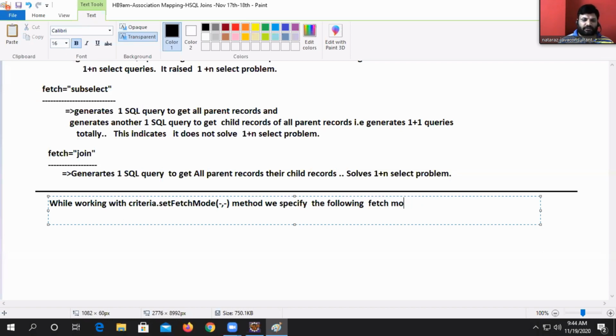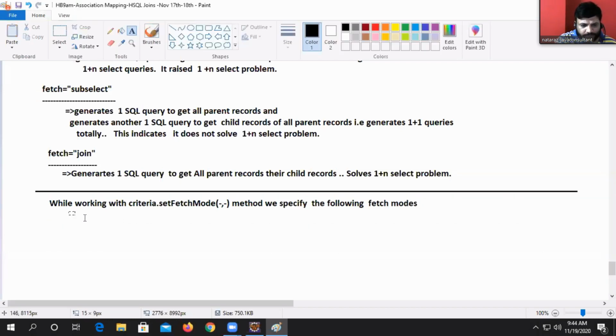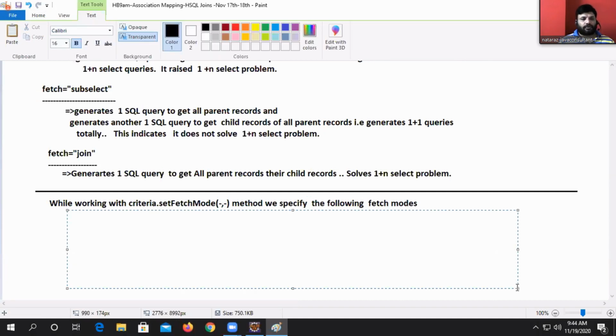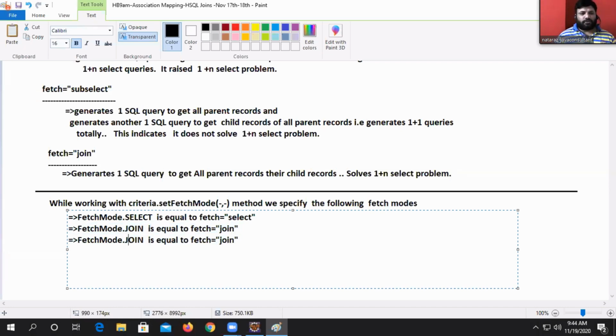FetchMode dot select is equal to fetch is equal to select. Leave it. Next, FetchMode dot join is equal to fetch is equal to join. FetchMode dot default